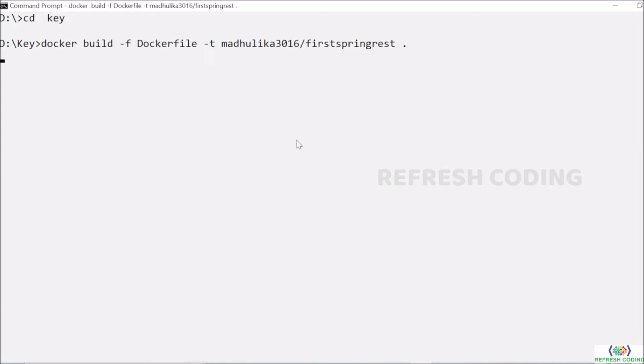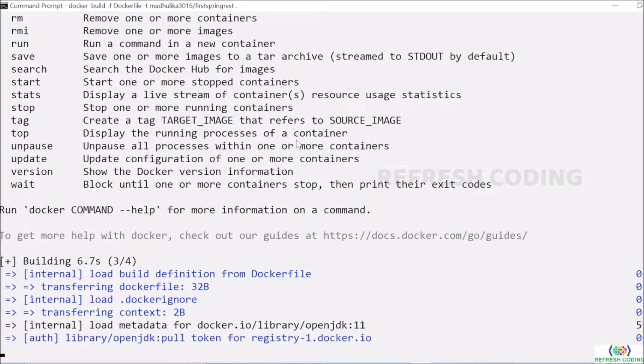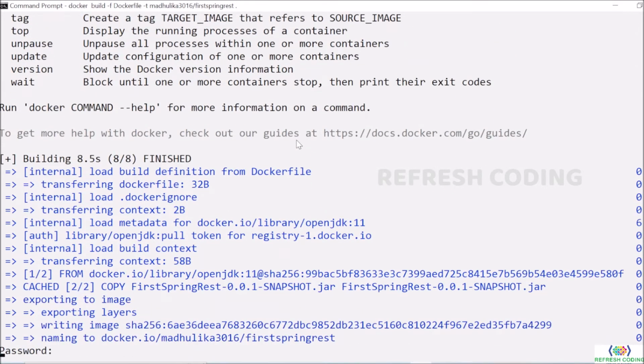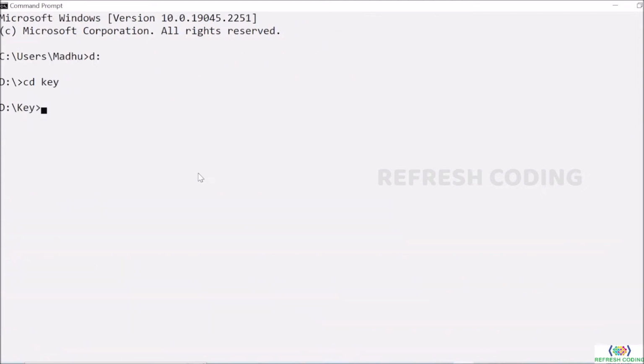It will take some time to build the image. And if you can see now, it is building the image, it is loading the file, and it is exporting image. And then it is taking the password and then it will create the image. So you have seen now the image is built.